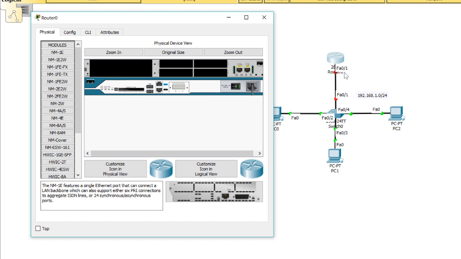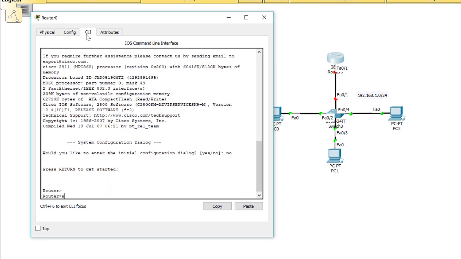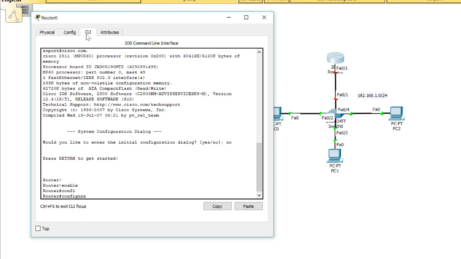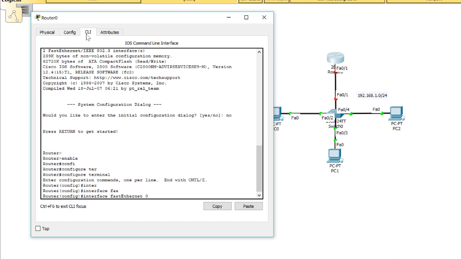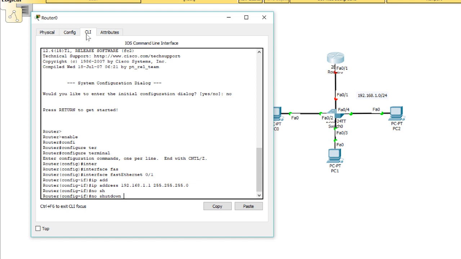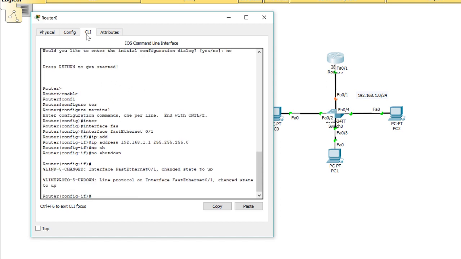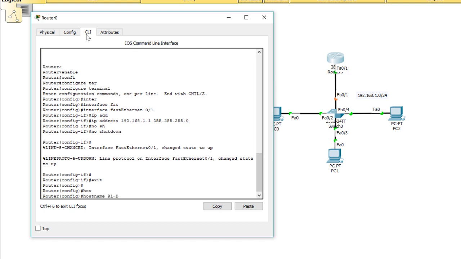This fast Ethernet 0/1 will be configured with an IP address. It is asking, would you like to enter the initial configuration dialog? So I will type no and press enter. Type enable, configure terminal, interface fast Ethernet 0/1, IP address 192.168.1.1 followed by the subnet mask, which is 255.255.255.0. No shutdown. As soon as I type no shutdown, you can see that the interface is up. I will exit back. I will give a host name here, so I will type hostname R1-DHCP, exit back,